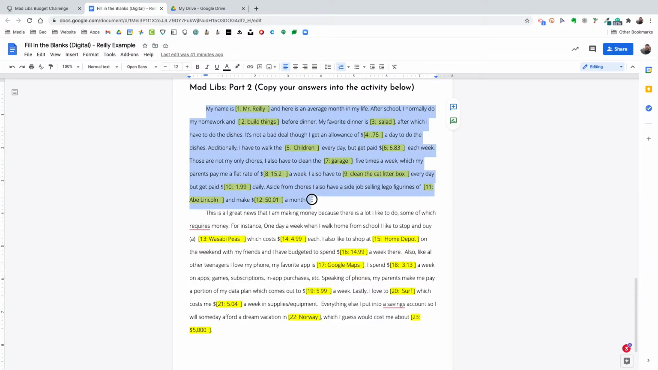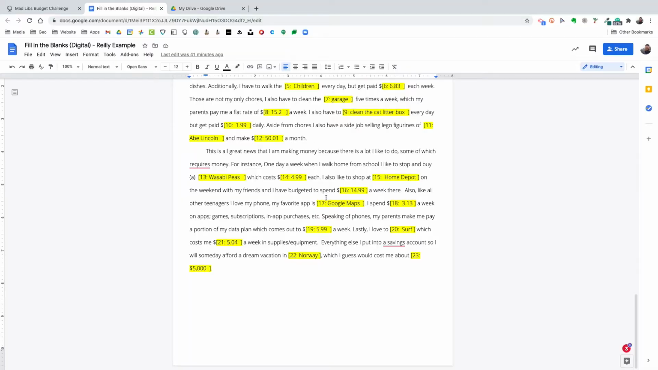We've got this first paragraph, which is all about income. Okay, so that's the things that you do, your various chores and activities that gain you an income. Okay, and in the second paragraph, these are all your expenses. Not only do you have expenses, but at the tail end here, you have this dream vacation and the estimated amount that it's going to cost you